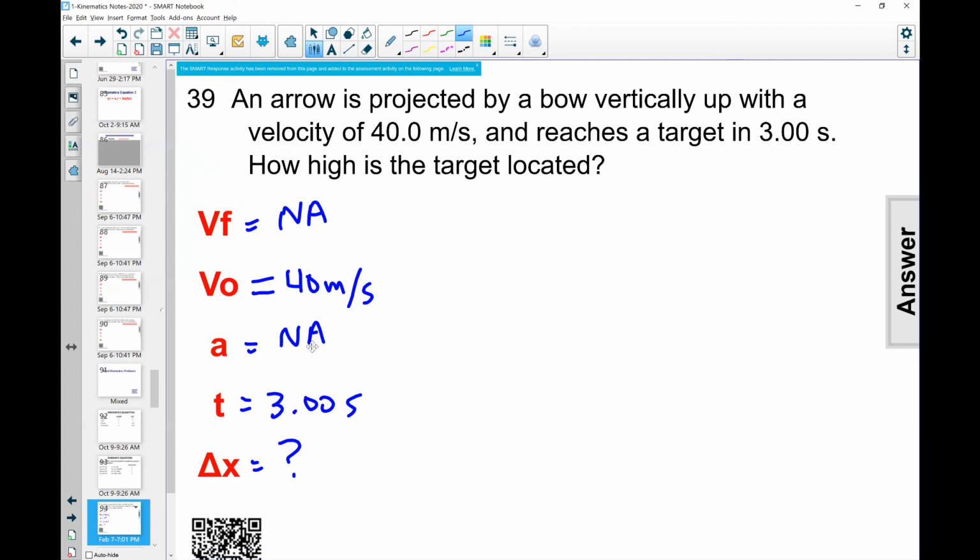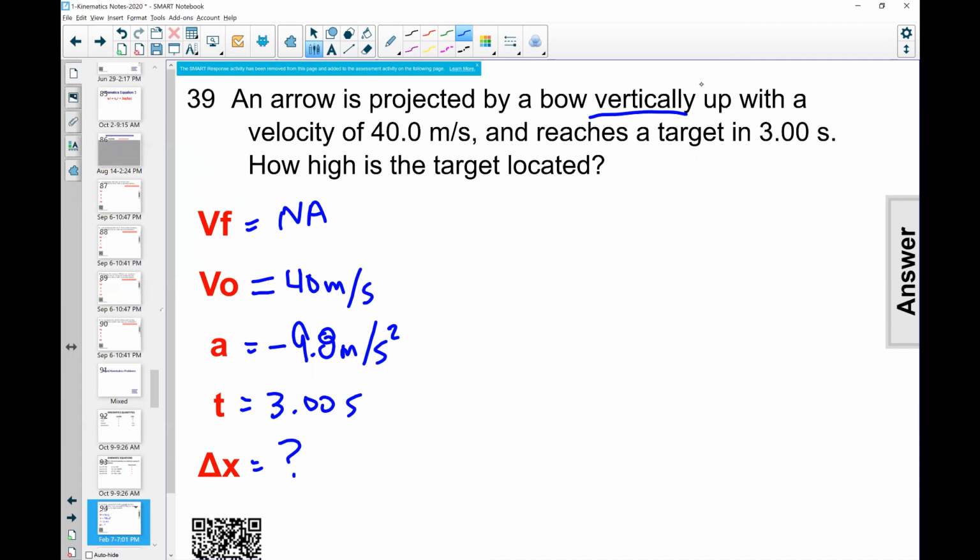And would the acceleration be negative 9.8 meters per second squared because that's the gravity of Earth, right? There we go. Good. So gravity is what's going to cause it to slow down. So it's basically like the free fall scenarios that we talked through before, how we can use that acceleration. So it's not given in the question, but because of this vertically, there's that hint. All right. So now that I know those things, and I see it doesn't say anything about final velocity, I don't know anything about final velocity.